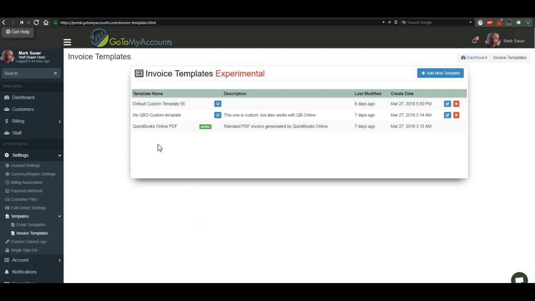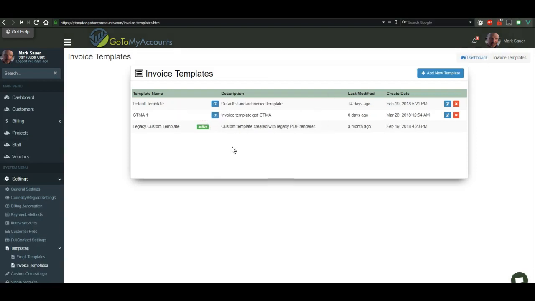This is a QuickBooks Online implementation, and if you just use the standard invoice generated by QuickBooks, of course, everything will work just fine like it was before. Nothing would really change. So if you have any problems or you mess things up, you can always just make this one active again. On desktop, the thing to keep in mind is if you already have a legacy custom template, that will be the current active template, since that's the one that you had us create some time ago. But you could add a new template, and then that will pull in the default, kind of the stock template